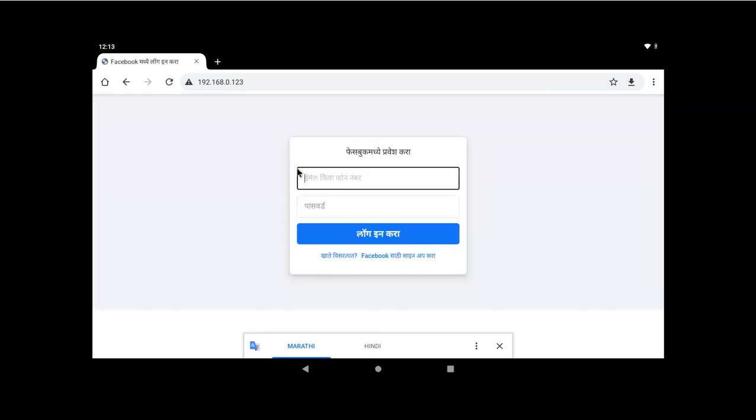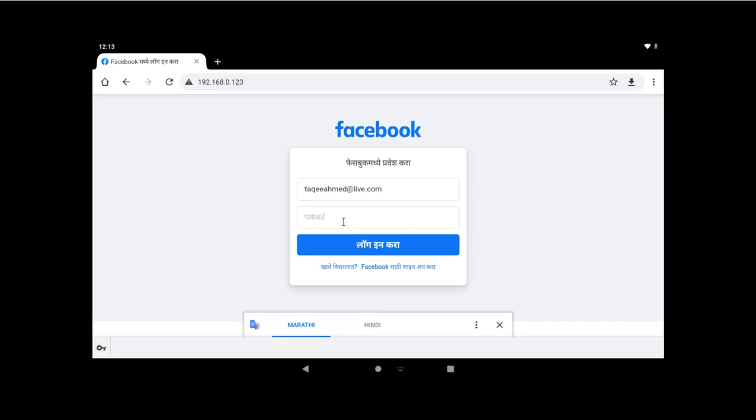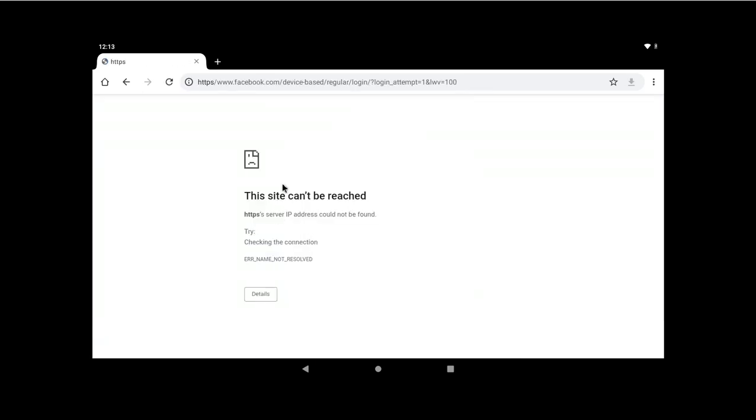Now what page is it seeing? It is showing a Facebook page, but it is not a Facebook page. It is actually coming from the attacker's machine, this Kali Linux machine. Now when the user gives the username and password here, say ABC at 1 2 3 4 5 6 7 8 9, and then says login, it will give an error, and when the user reloads, it will redirect the user to the original site.